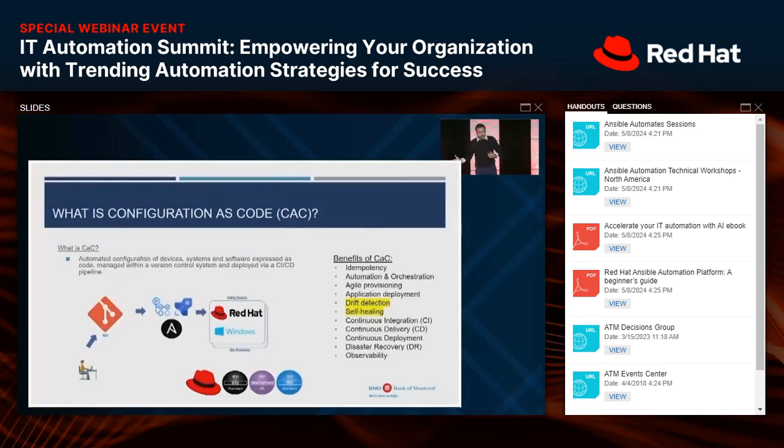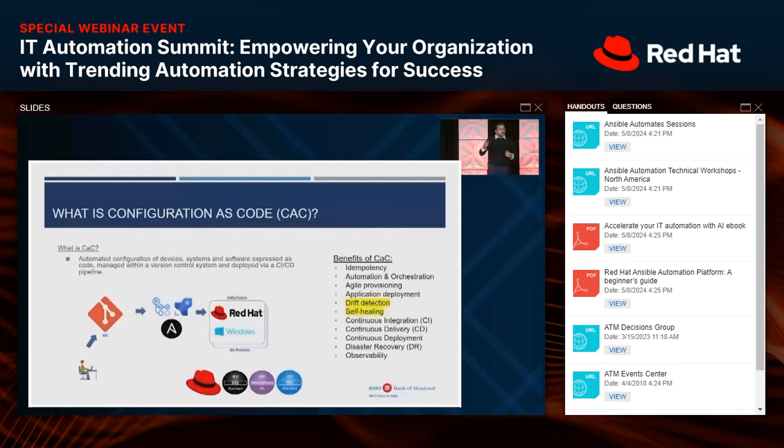There is, of course, automation and orchestration, agile provisioning. One of the big ones, and it's a big DevOps buzzword in the industry, is to have a CI/CD pipeline deployed. And now, because you have your whole environment codified, you're actually able to deploy these CI/CD pipelines. For us, it's either Git Actions or Azure DevOps. And you're able to deploy your infrastructure like it is a part of an application code through a CI/CD pipeline as part of all the stages of your SDLC, making life much easier in general to manage your configuration and manage your environment. And you can imagine, it's a bank, thousands of virtual machines, big data centers. The environment is huge for us to manage.